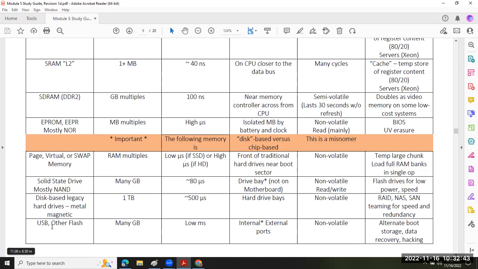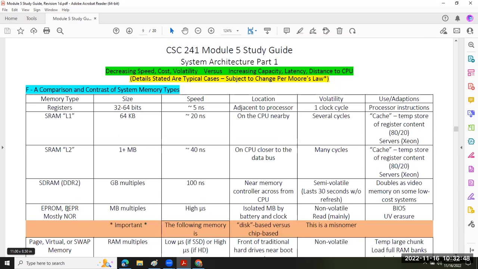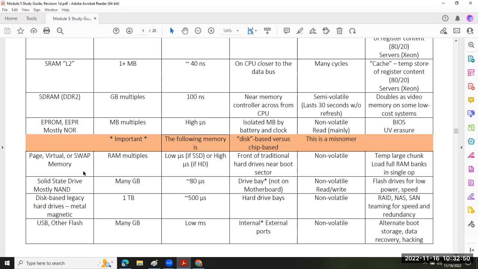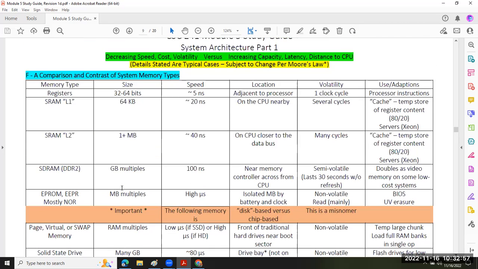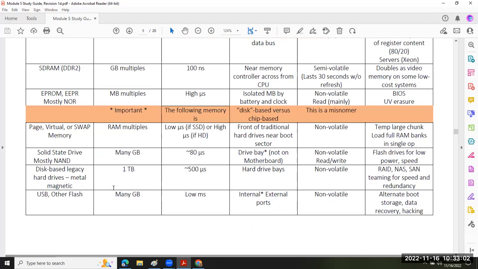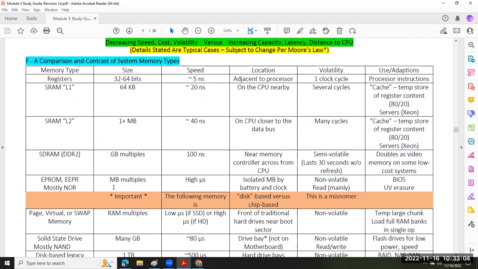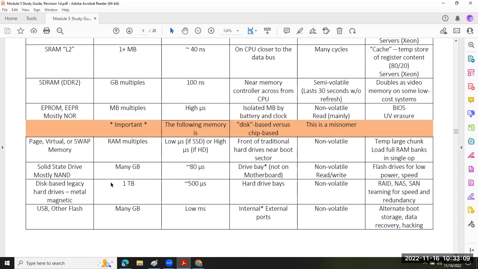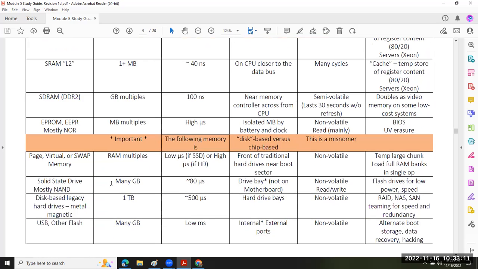So you have USB and other external hard drives that are connecting through a USB port. The further away you get from the CPU, the slower the performance, but the greater the capacity. So the size of the memory increases as you move down the chart. Its performance decreases as you move down the chart, and its cost decreases further down the chart. So once again, as you move down the chart, the size and capacity of the memory increases, the performance decreases,